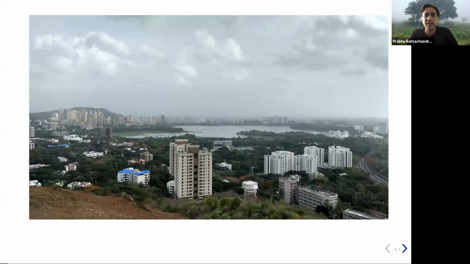I stay at the IIT Bombay campus. It's a lovely campus. As you can see, this is a picture of our campus. This is a picture from the hill that's on campus. And this is the Powai Lake. And this is actually our campus. So it's a lovely little campus that's in Bombay, but yet kind of an ecosystem of its own. So I'm privileged to be part of this campus of IIT Bombay. I'm really grateful to IIT for facilitating a lot of the work that I've been able to do. So I'd like to acknowledge their support.